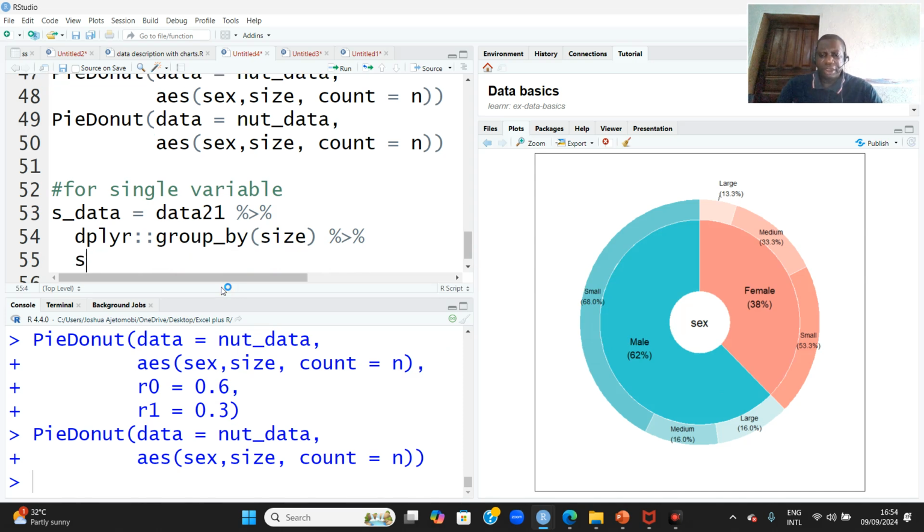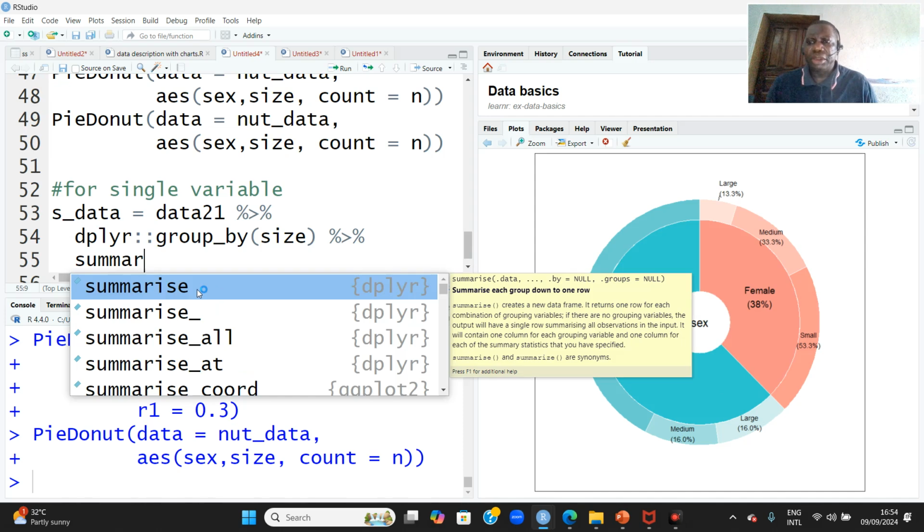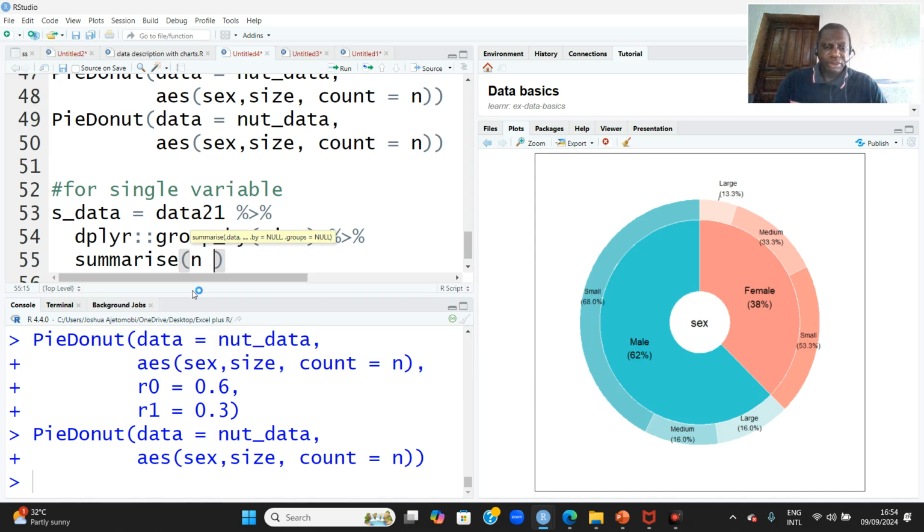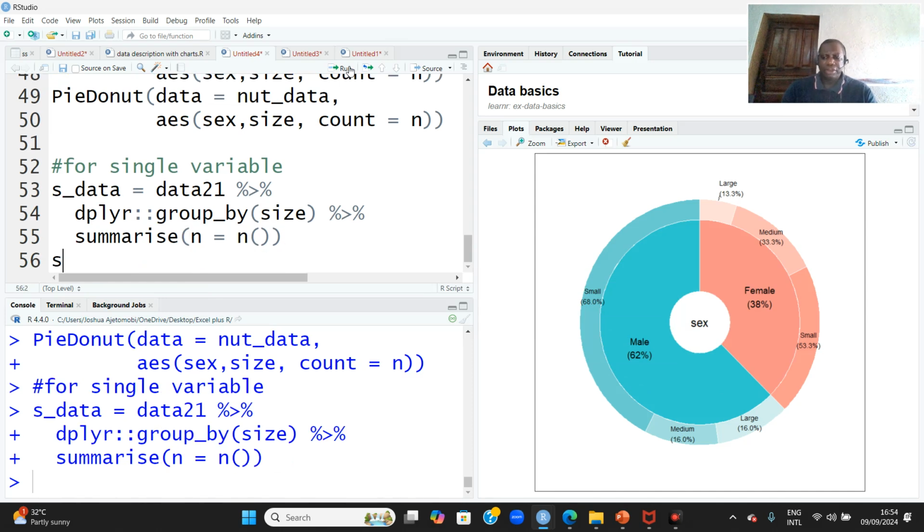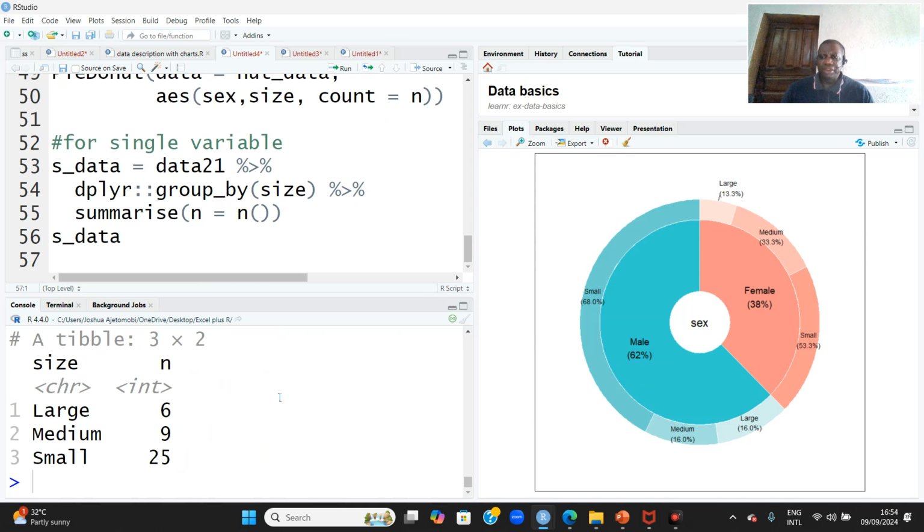Then you have summarize, just like we have the other time. Summarize n equals n. So you run this. You may want to check your S data, for instance. So run it. You can see that here we just have a single variable, like the one we used for tastypie. And to plot it,